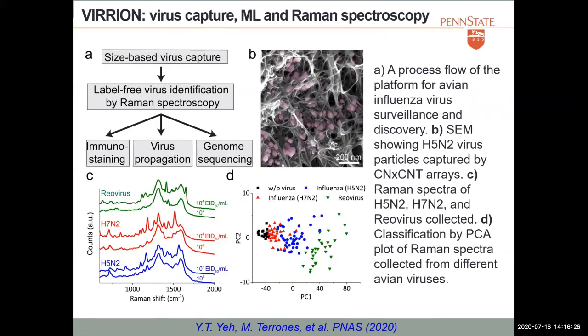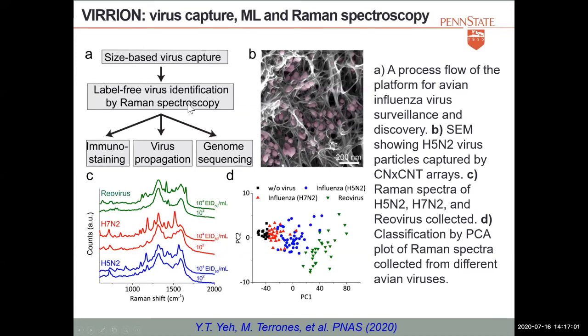So again, this is a device that is very versatile. Because let me show you. So you first make the device, you trap the viruses here. You can do label-free Raman spectroscopy, which you can do with the device, capped with the PDMS. And after you did the Raman spectroscopy, here you have the Raman signals of different types of viruses and subtypes of viruses. And then we use machine learning to classify the different types of viruses.